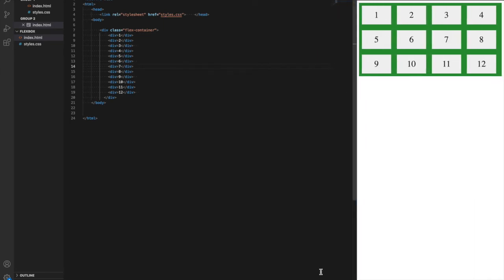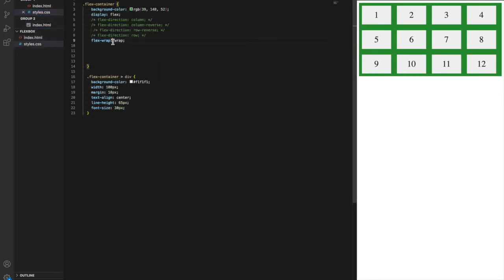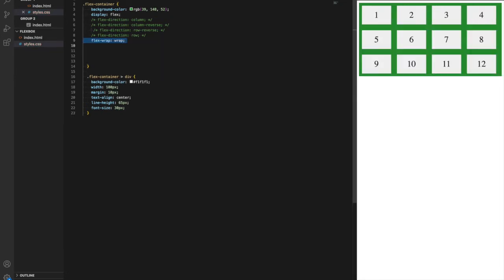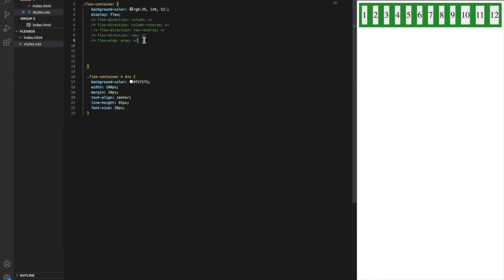By default, our screen comes with no wrap. Our style is no wrap by default. So if we add no wrap, it will not change as we minimize the screen. For instance, flex wrap,